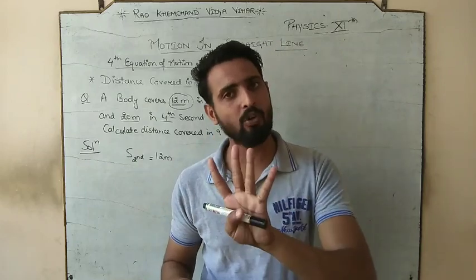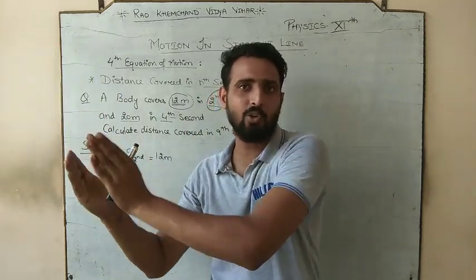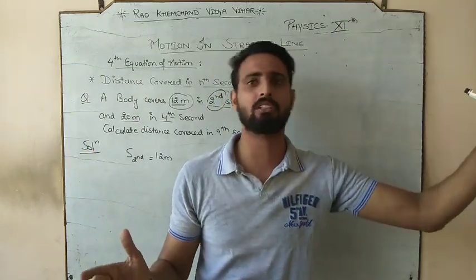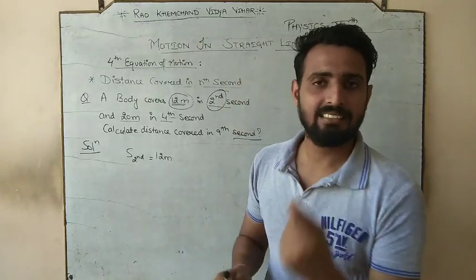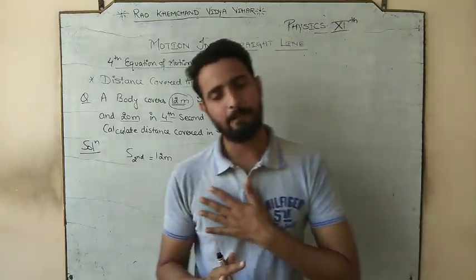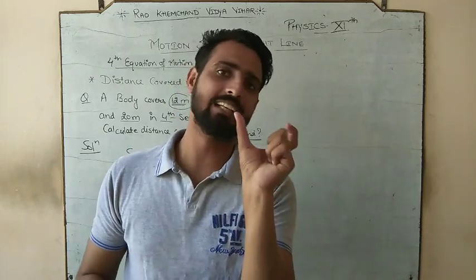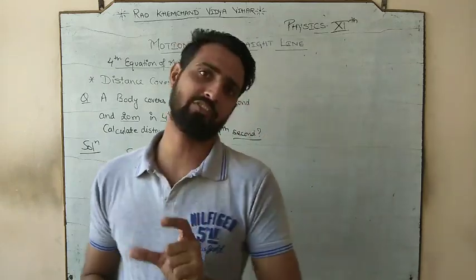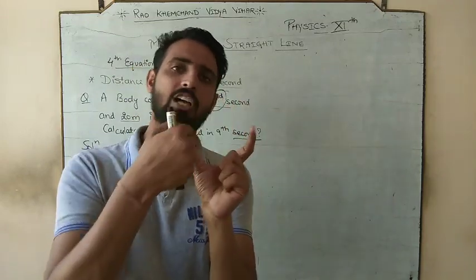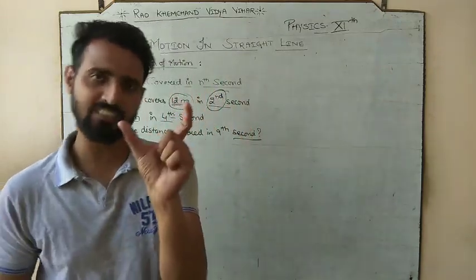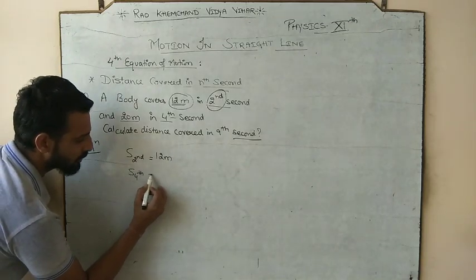20 मीटर इन 4 सेकेंड, it means starting से लेके, मीन्स टाइम इज इक्वल टू 0 से लेके टाइम इज इक्वल टू 4 तक आपने 20 मीटर कवर किया. But when I say distance covered in 4th second, it means I am specific about only the 4th second. मैं चौथे सेकेंड में स्पेसिफिक हूं, मीन्स 3rd सेकेंड से लेके 4th तक, 3 से लेके 4 के बीच में कितना चला, I am specific about that. So it is S4th. How much?